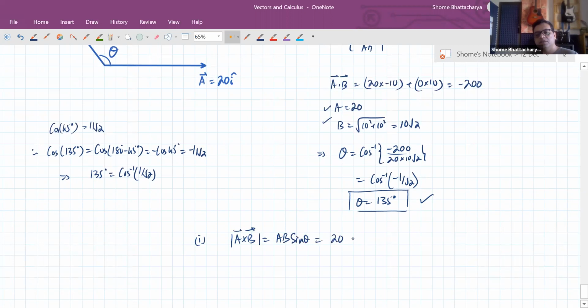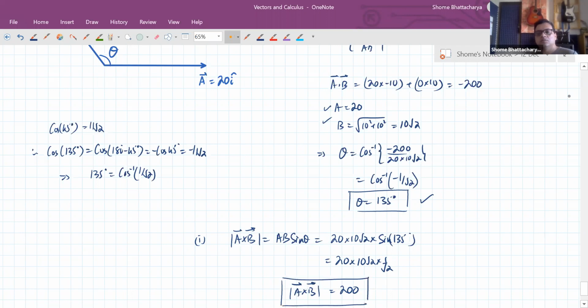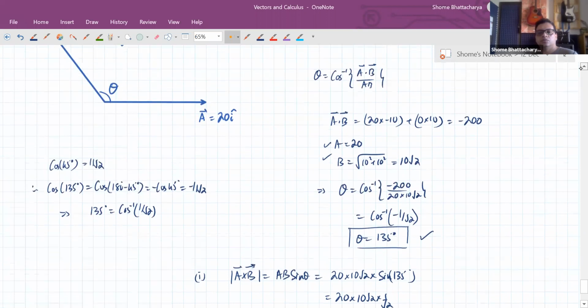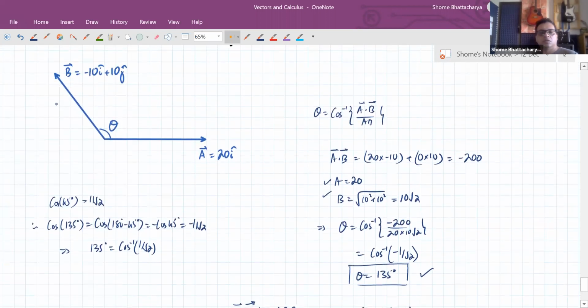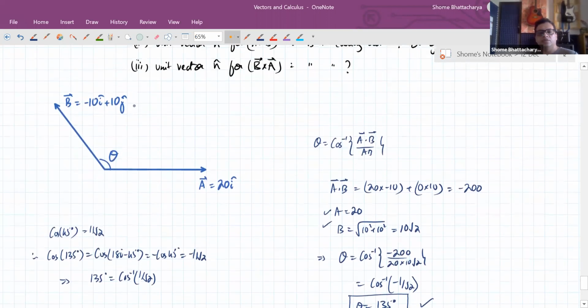So that will be 20 multiplied by 10 root 2 into sine 135. So that will be 20 into 10 root 2 into 1 by root 2, which is 200. Okay, which you can also incidentally see is the area of the parallelogram formed by A and B, if you were to just calculate this total area of the parallelogram,